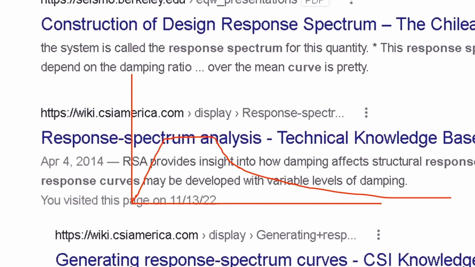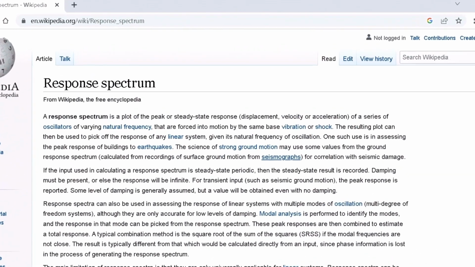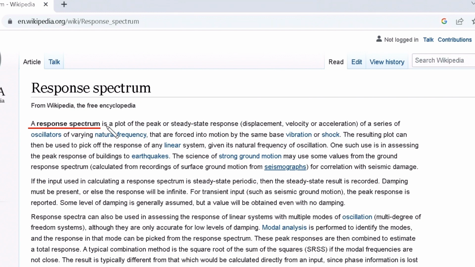What is this response spectrum curve, by the way? A response spectrum curve is a plot of peak or steady-state response by a series of oscillators of varying natural frequency that are forced into motion by the same base vibration or shock. The resulting plot can then be used to pick up the response of any linear system, given its natural frequency